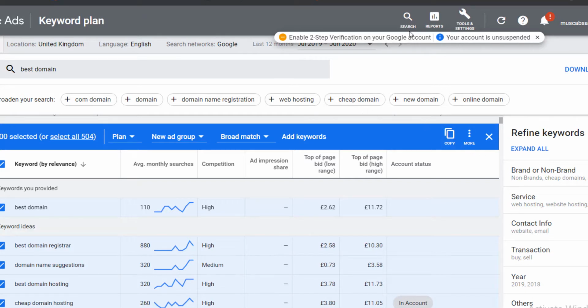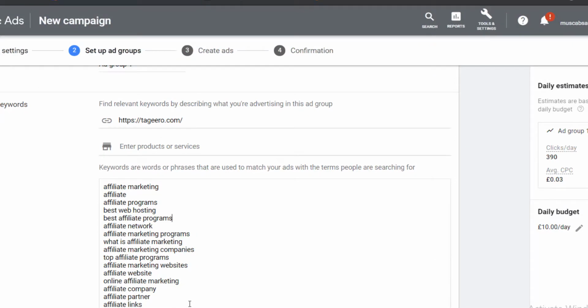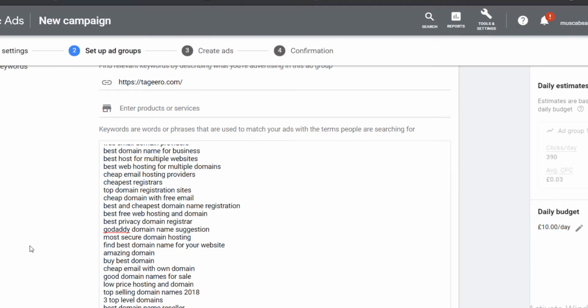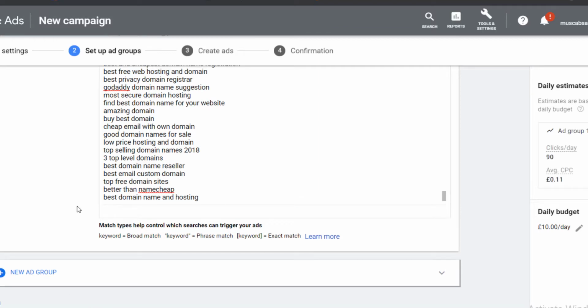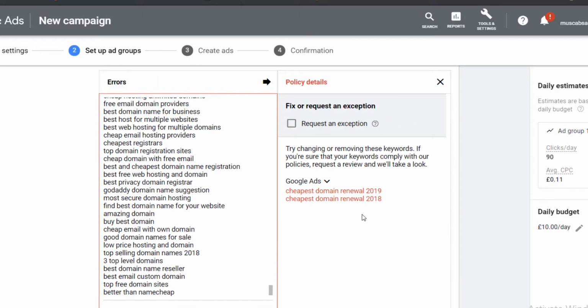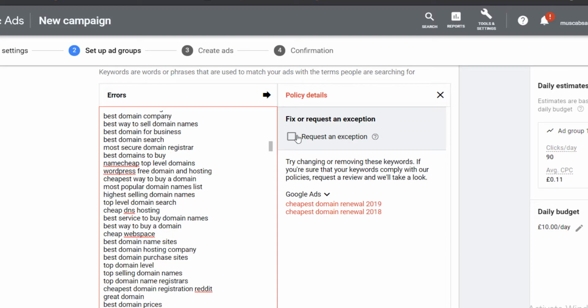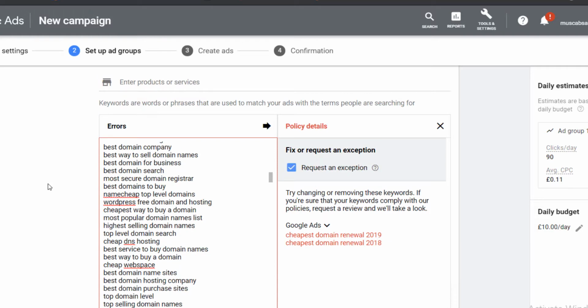All right, you're gonna copy them, and then you're gonna come back in here. You are going to paste it in here basically, and there you go. All right, and then you're gonna click next. So this is all you have to do. Google PPC is very simple stuff. All right, now cheapest domain renewal. Okay, I'm just gonna click because I don't know why they're saying this, but I'm gonna request this. All right,